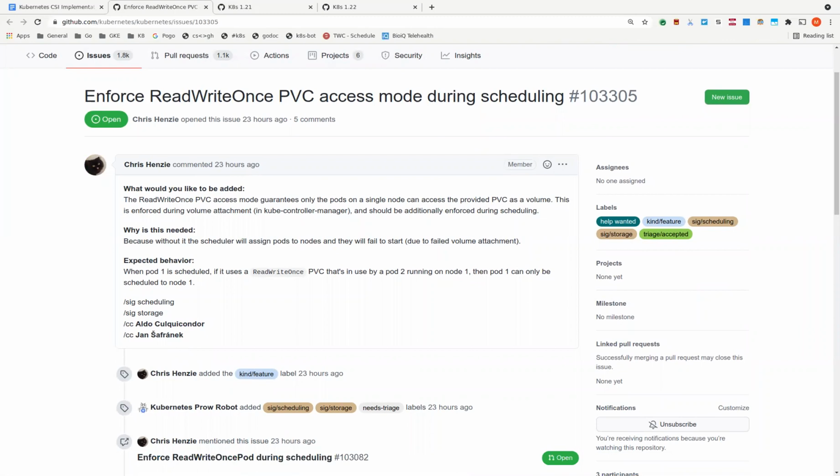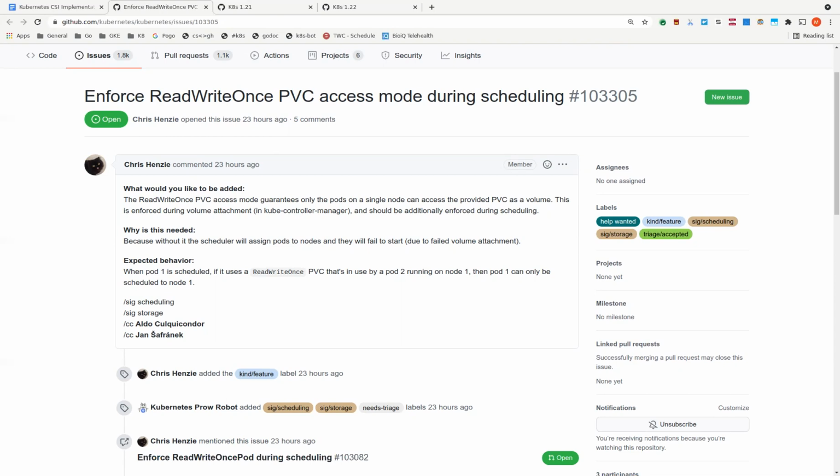At bare minimum, we have to enforce this in kubelet since customers could set node names on the pod and bypass scheduler enforcement. So one of the follow-ups from this API review and conversations with SIG scheduling is if we are going to start enforcing the current read write once access mode in scheduling as well, so there's consistency with how we now handle read write once pod, the new one. And so how this would basically work is, if pod 1 and pod 2 both use a PVC with read write once, the scheduler will force them to land on the same node.